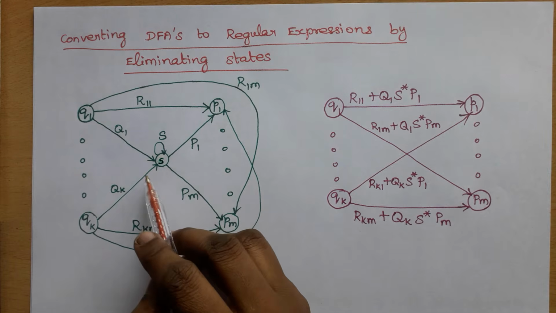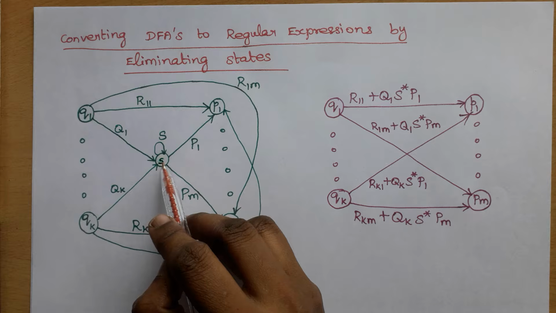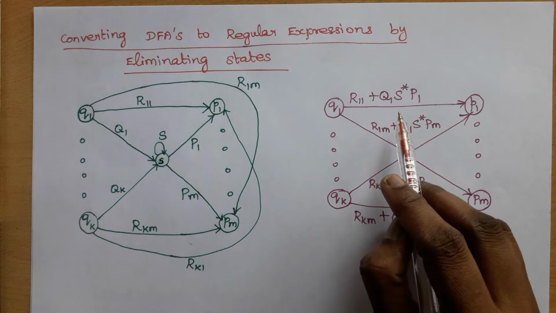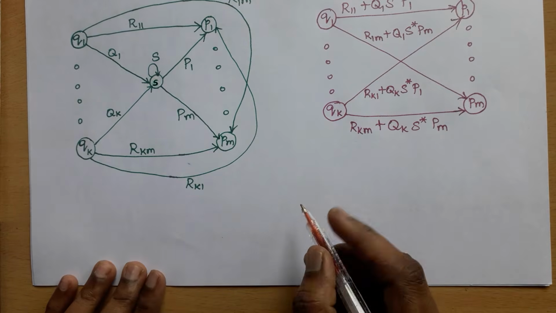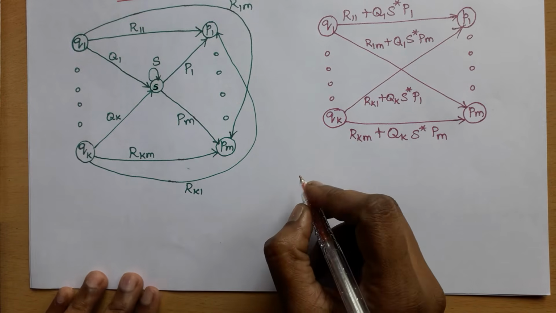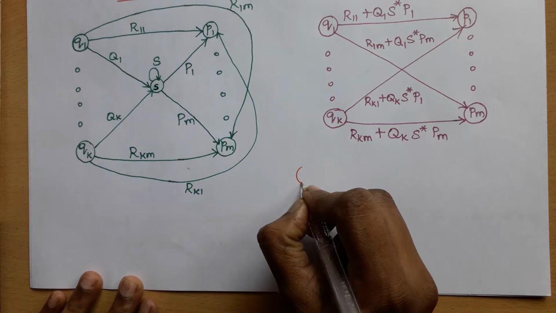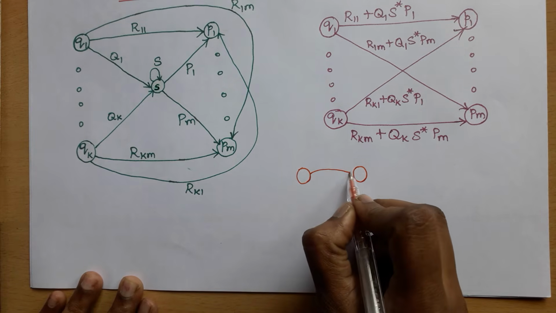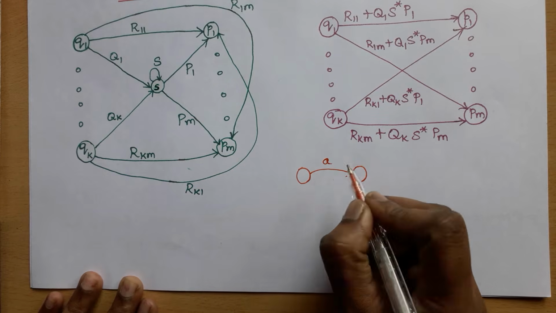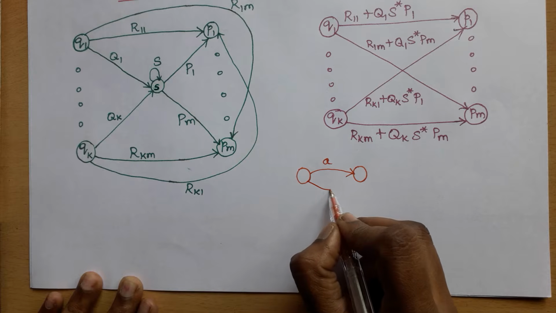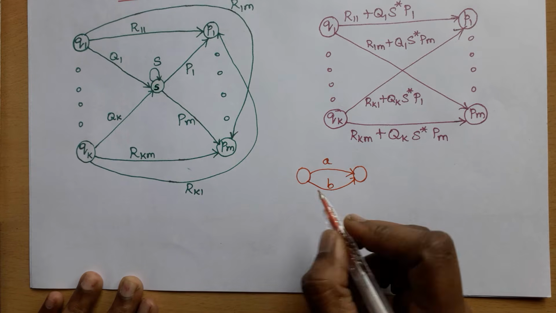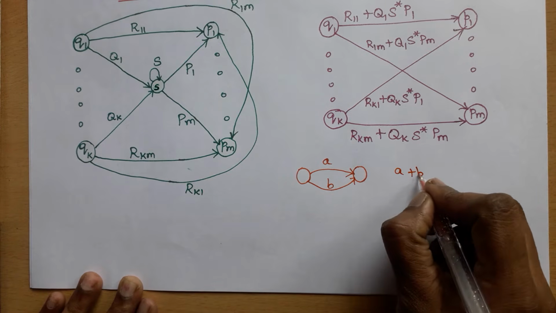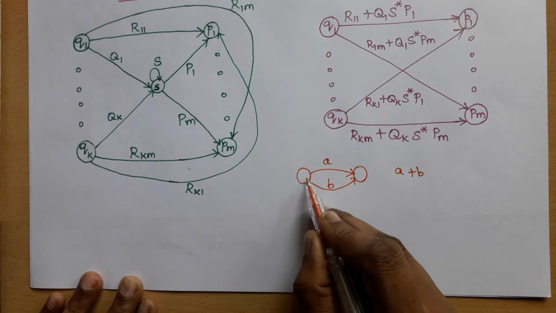Then, having eliminated state S, we need to draw an edge from predecessor state to successor state, and that arc should be labeled by a regular expression. But before seeing this, we need to know some basic ideas. For example, if there is a transition on A from one state to the next state and another transition on B from the current state to the next state, the regular expression can be written as A plus B, right? Because either we can follow this path or this path.